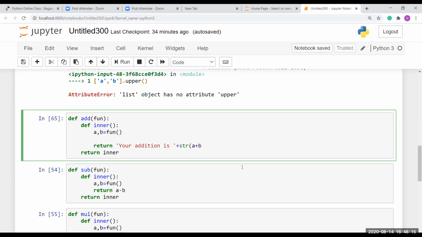If you are converting your result, you can't add more decorators.